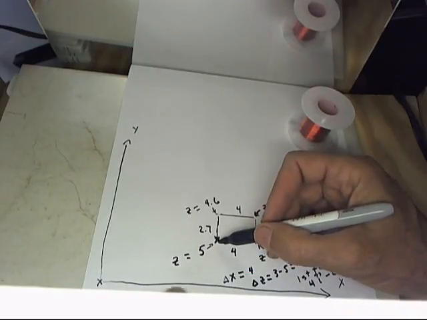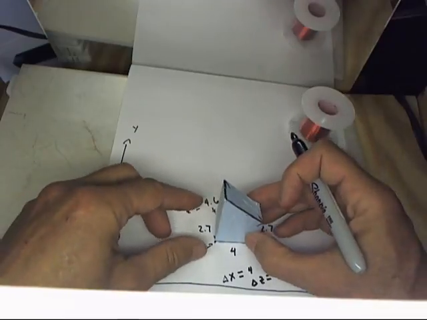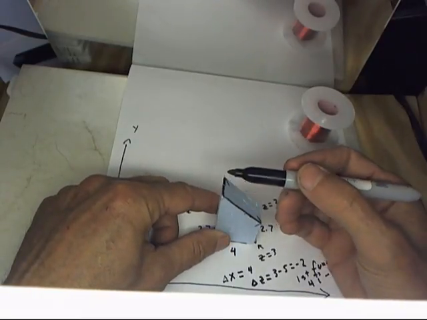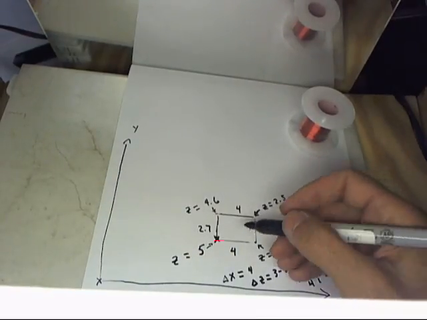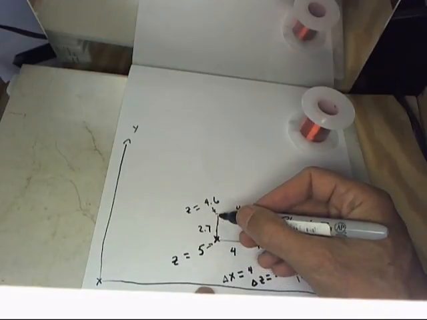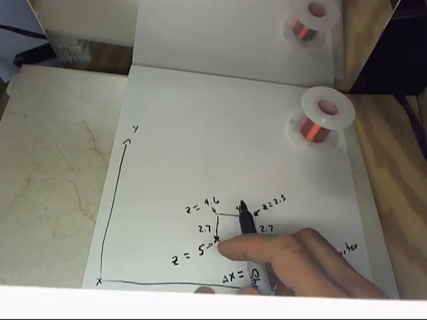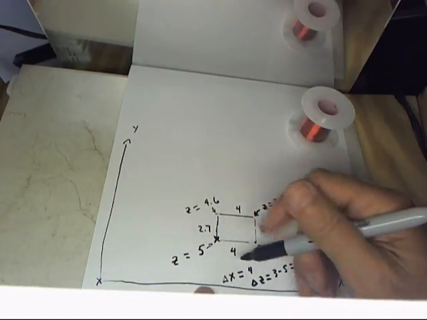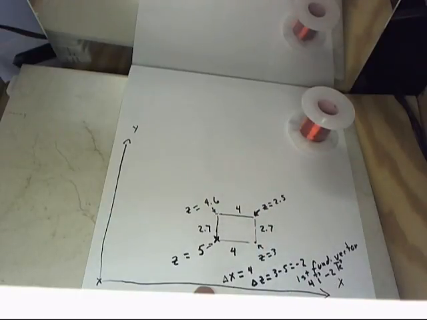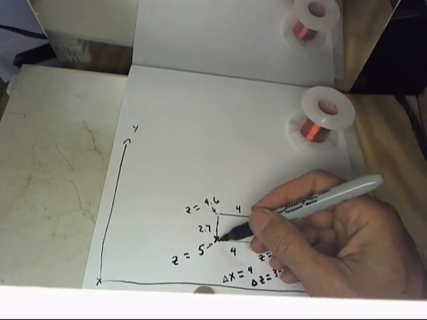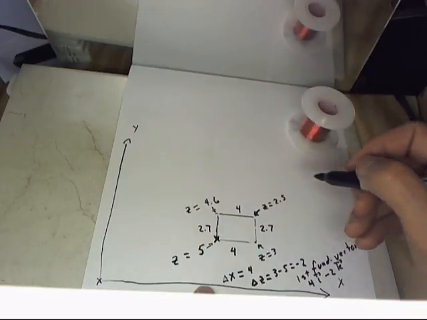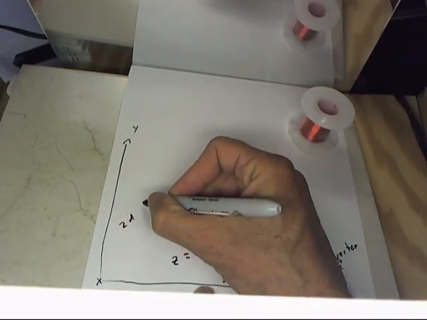And similarly, we're going to be able to figure out the vector from this point down to this point. We see that the vector falls in the z direction by 4/10 of a unit from 5 to 4.6, and that it moves 2.7 units from here to here in the y direction, and it doesn't move at all in the x direction. So we can say that the second fundamental vector